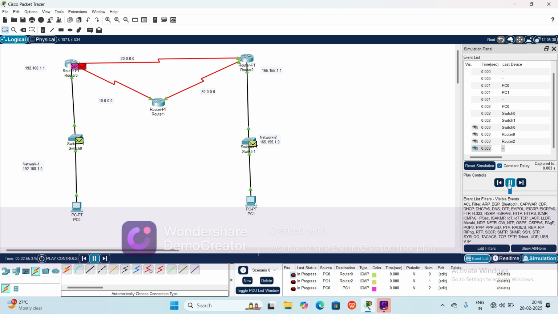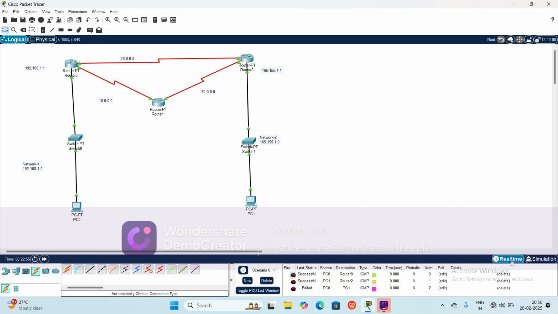No, it failed. See here, failed. We can't transfer a packet from one network to another network. See the message, failed. Understand? Then again we are going to the real-time process. So you have to understand